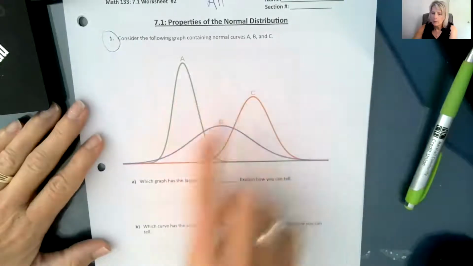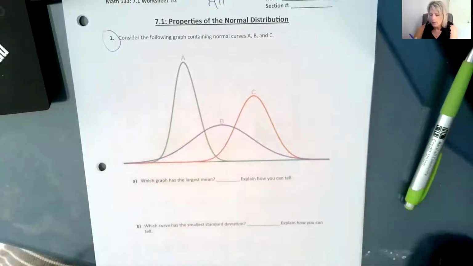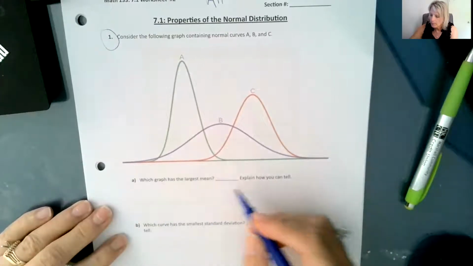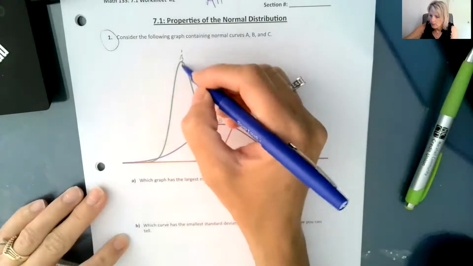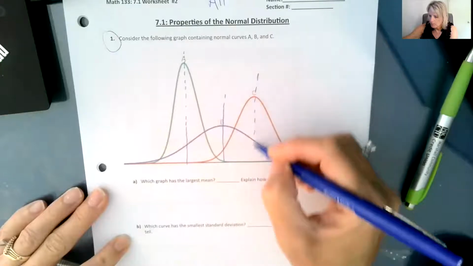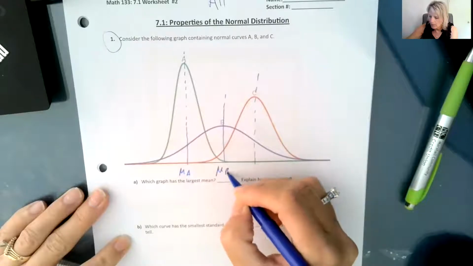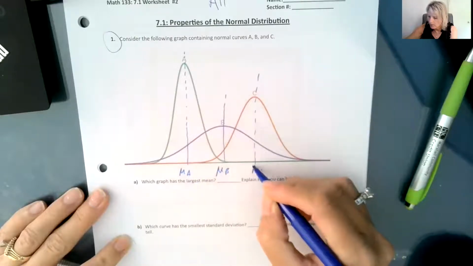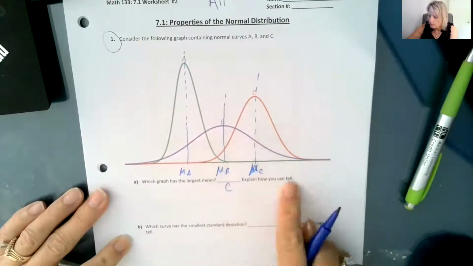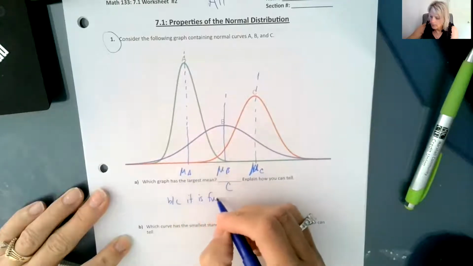This says, consider the following curves A, B, and C. Which graph has the largest mean? Okay, so the mean is measured along this horizontal axis. And so the one with the largest mean, wherever the center is, that's the mean. So there's the mean, there's the mean. This would be the mean of A, this would be the mean of B, and this would be the mean of C. So C would have the largest mean because it is furthest